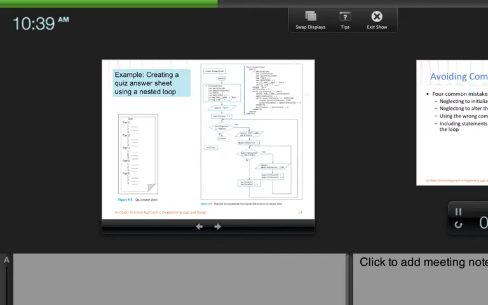So I go here, output part label, part counter. So part counter in the beginning is a 1, so it's going to print out part 1, the first part of the loop. Then I need to start another loop that says while question counter is less than or equal to questions. So there it is, 3, but I had to initialize it to 1. So I say, yes, it's less than or equal to questions, output question counter and line. So the first time through,